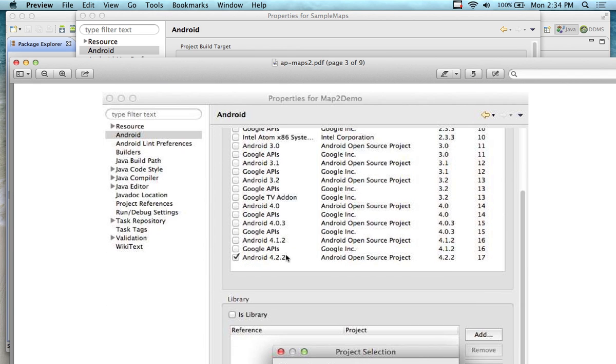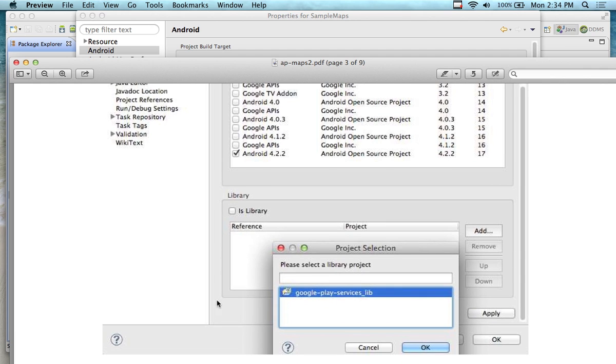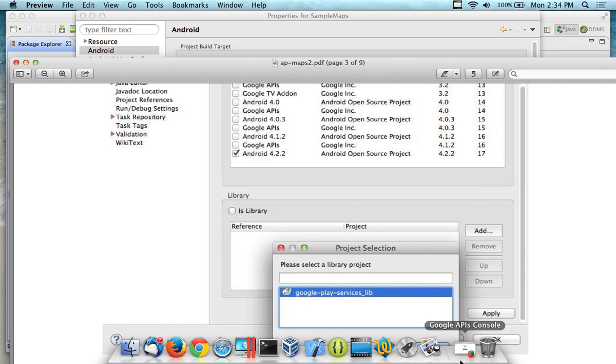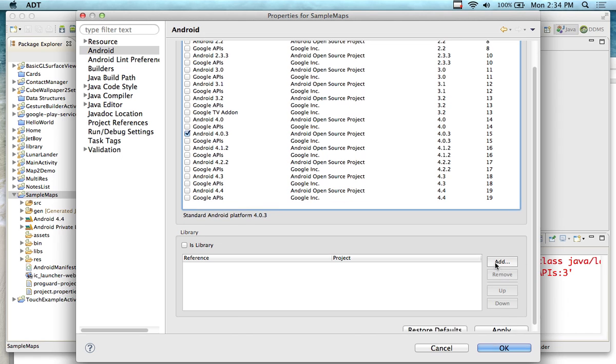Make sure you're on a 4 point something or 3 point something or above. Then on the bottom, so let's see, what am I in here? I think I'm on a 4. I can't do a 4.0. I'm going to do a 4.03. On the bottom of the screen down here, hit Add,